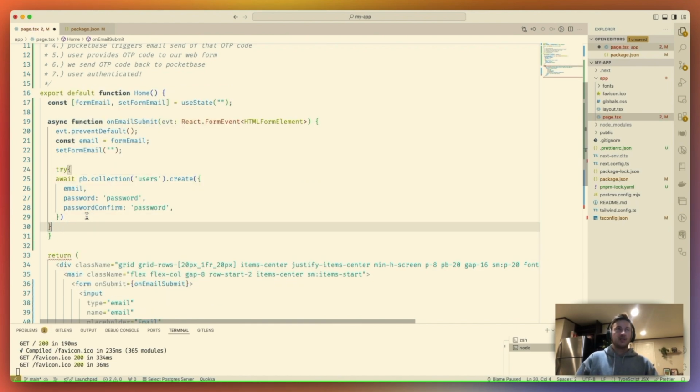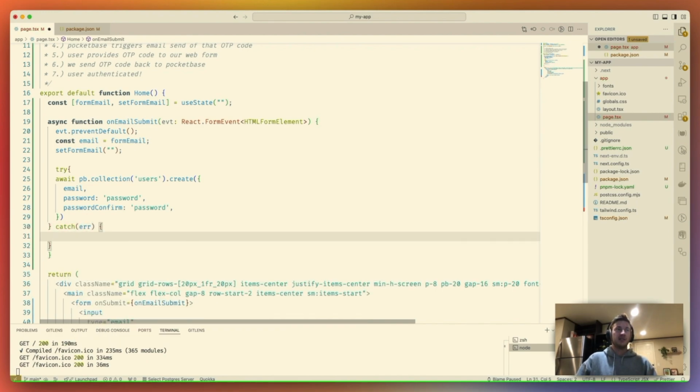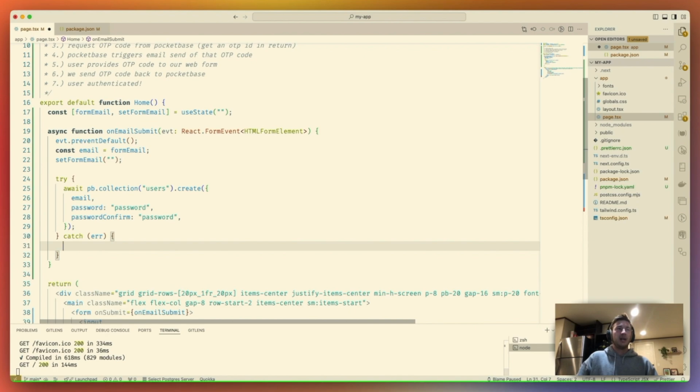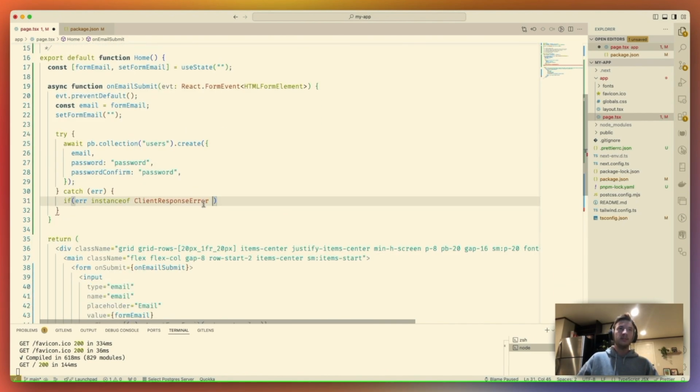What we're going to do is call this create call, and if it fails with a specific error, I happen to know what that is. I'm going to type this out. Quick: is error instance of ClientError? That is exported from Pocketbase right here. And let's just say error.status is equal to